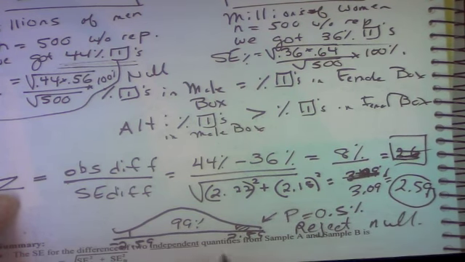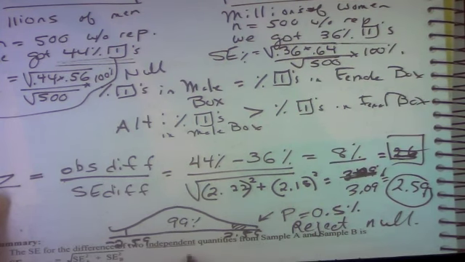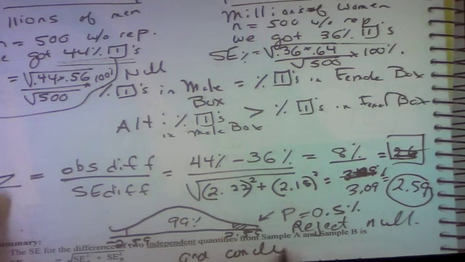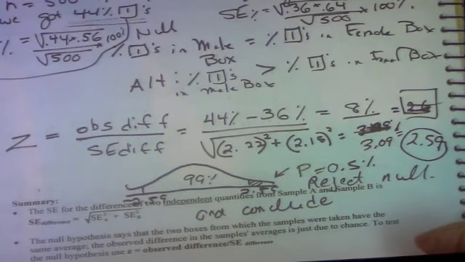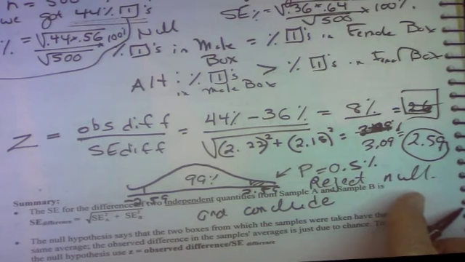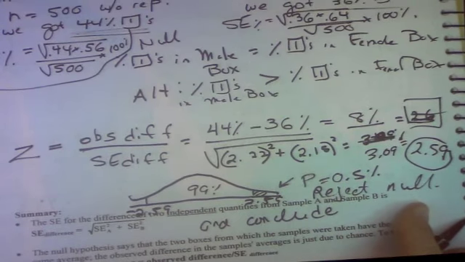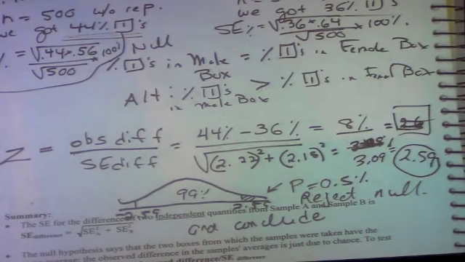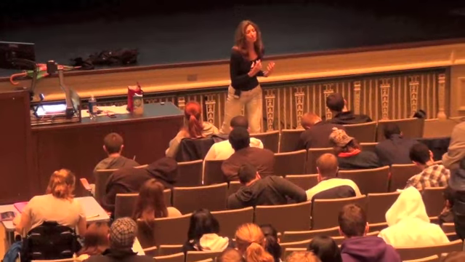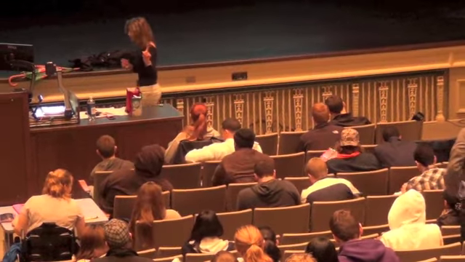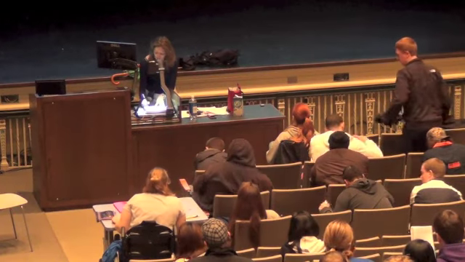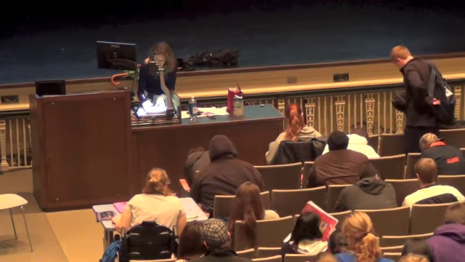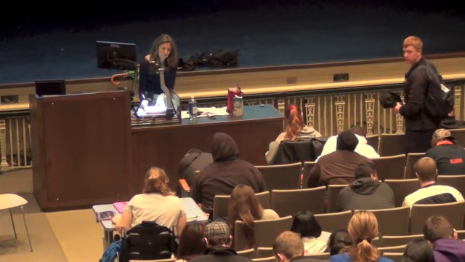Men are what? Reject null and conclude men fall in love more, conclude men are more what? Romantic? Visual? Men are dogs? What? Women care about deeper things. It takes a while to get to know somebody's character, how hard they work, how much money they have in their bank account. You can't just see that right away. We're deeper. So, reject null and conclude men are more romantic.